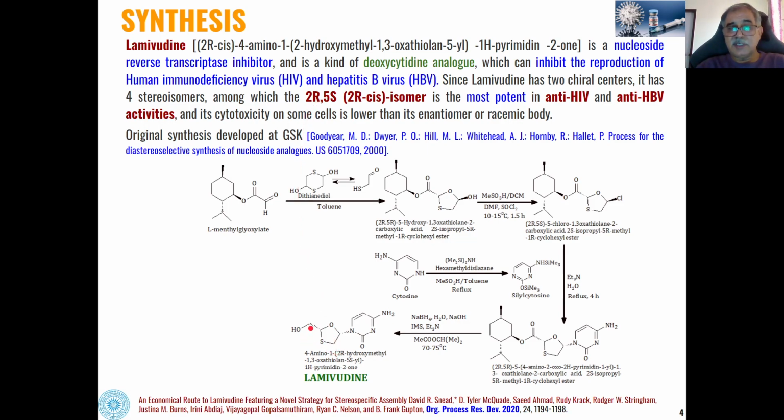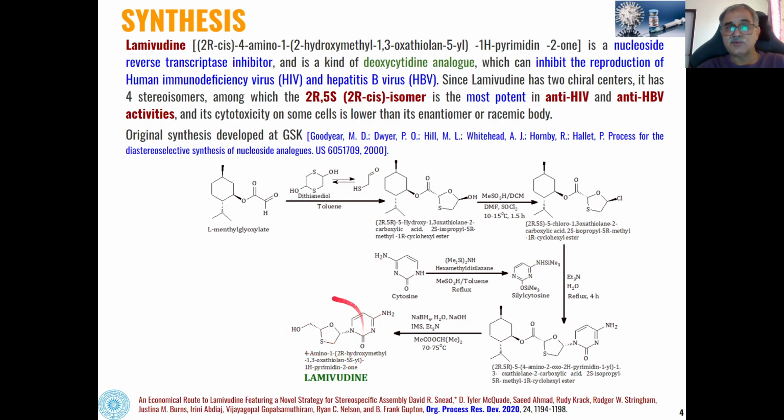As you can see here, this antiviral drug lamivudine has two chiral centers. One is this one and the second is this one. Therefore, because of the presence of these two chiral centers, it has four stereoisomers. But all four stereoisomers are not equally active. And out of these four stereoisomers,